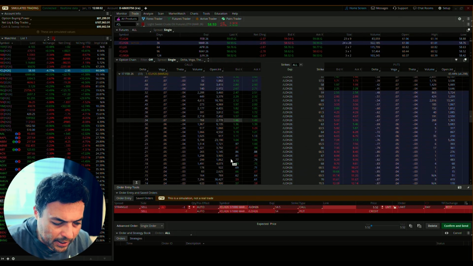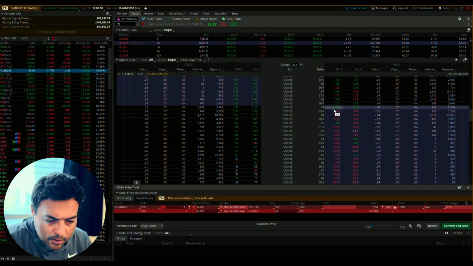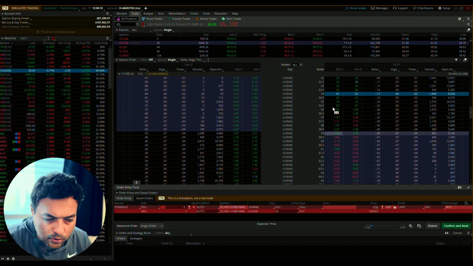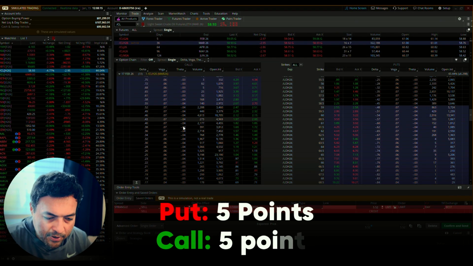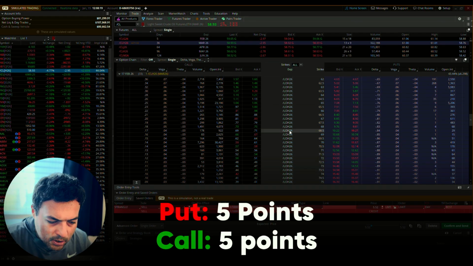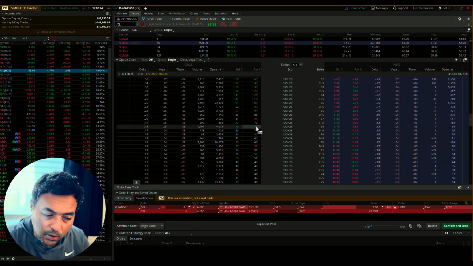And on the call side, I'm going to go further out because you see there's so much call skew here. We were able to get from 59, we went down to 54. So only 5 points out on the put side. Same delta. From 59, we are going up to 68 on the call side. So that's almost $10 we're getting on the call side, which means there's call skew, which means there's a buyer